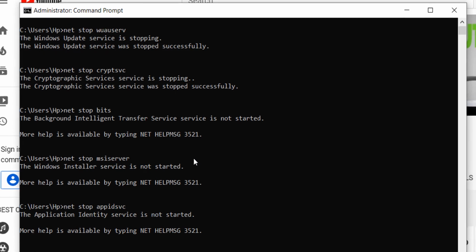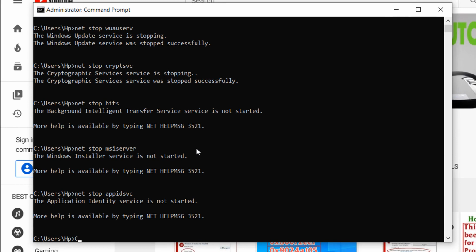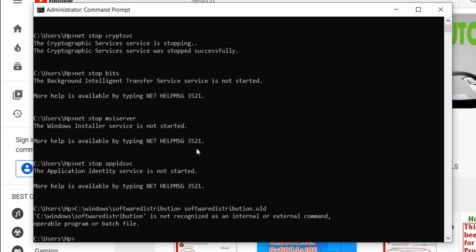After doing this, you can type ren C:\Windows\SoftwareDistribution SoftwareDistribution.old and press enter. Okay guys, after this command you can type a command